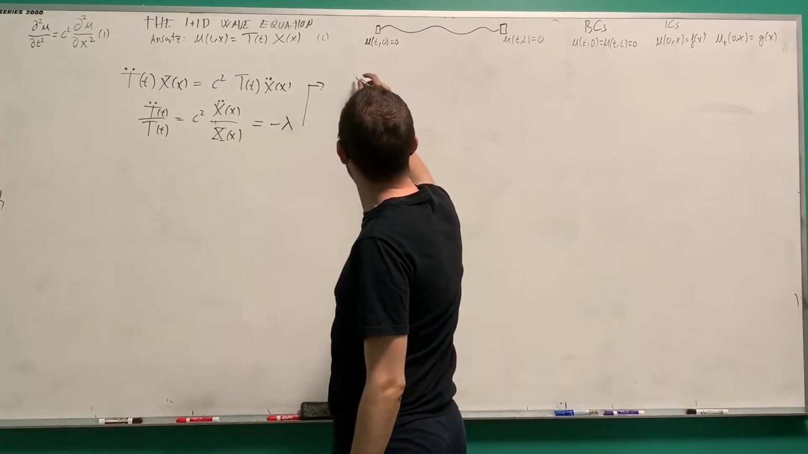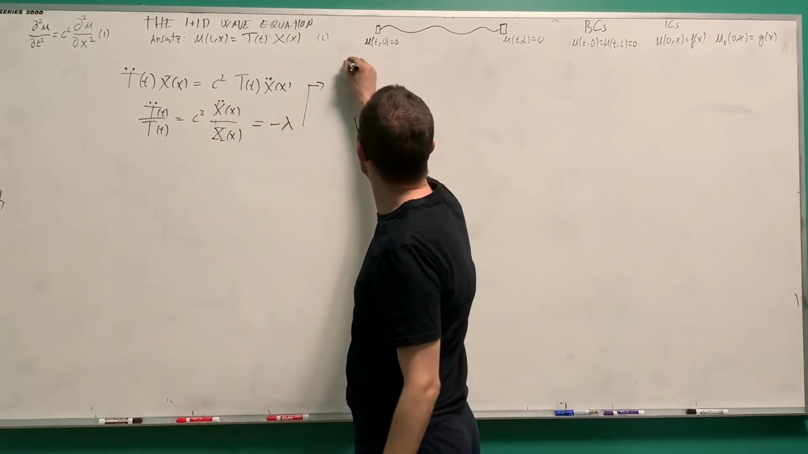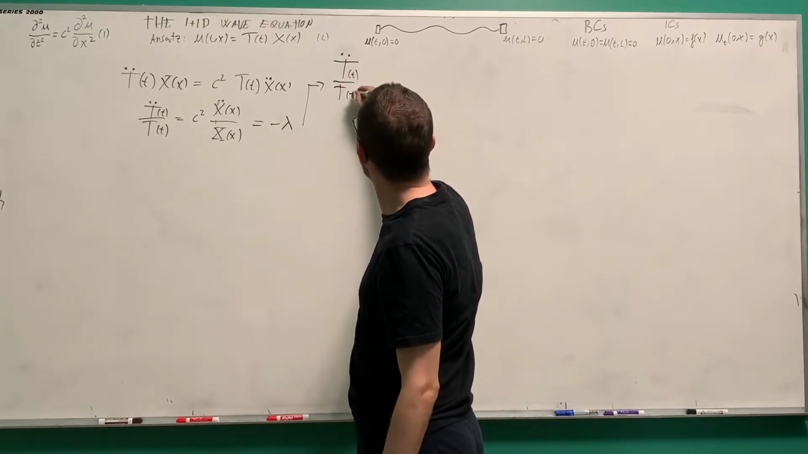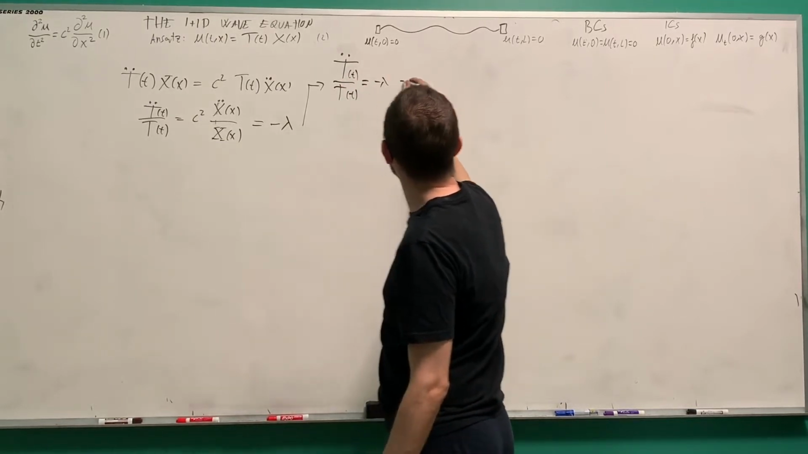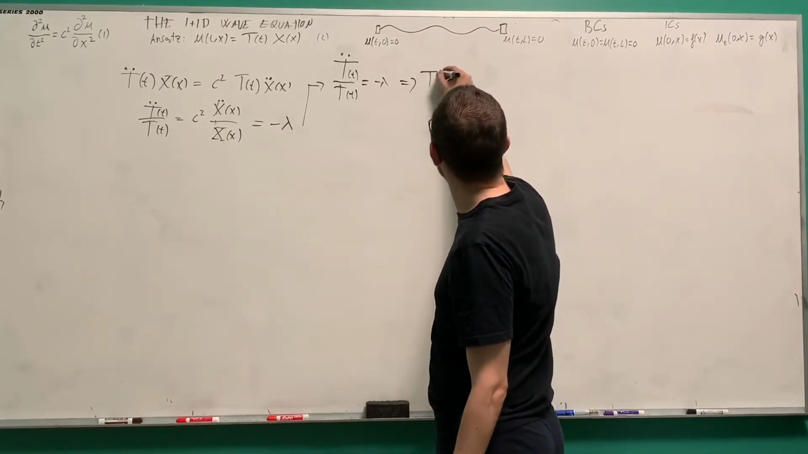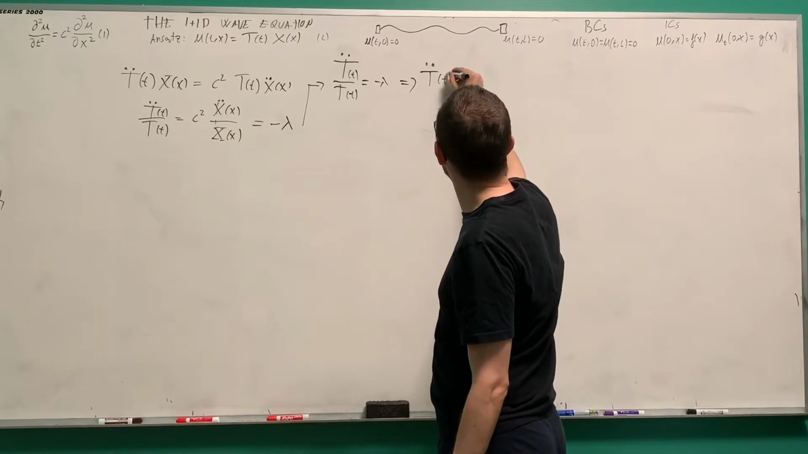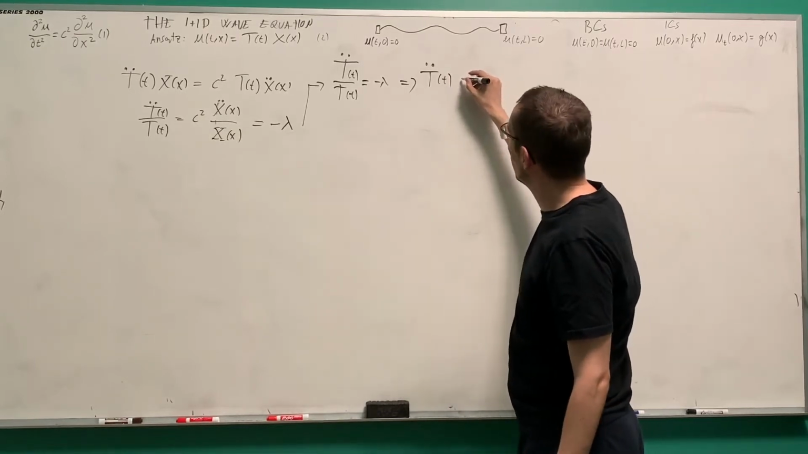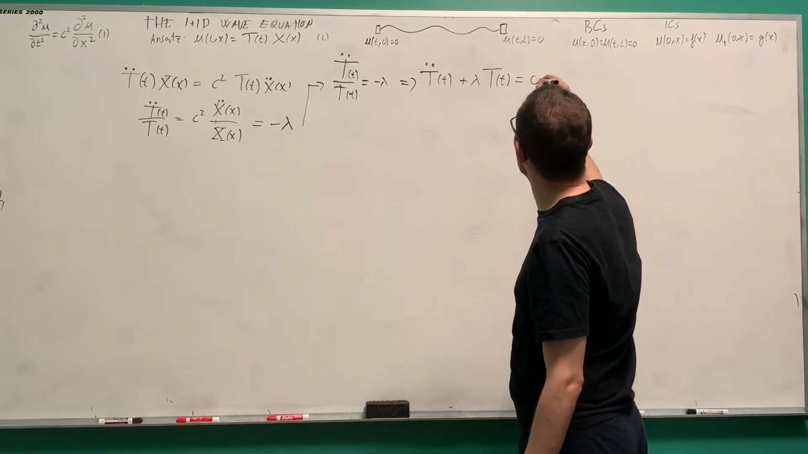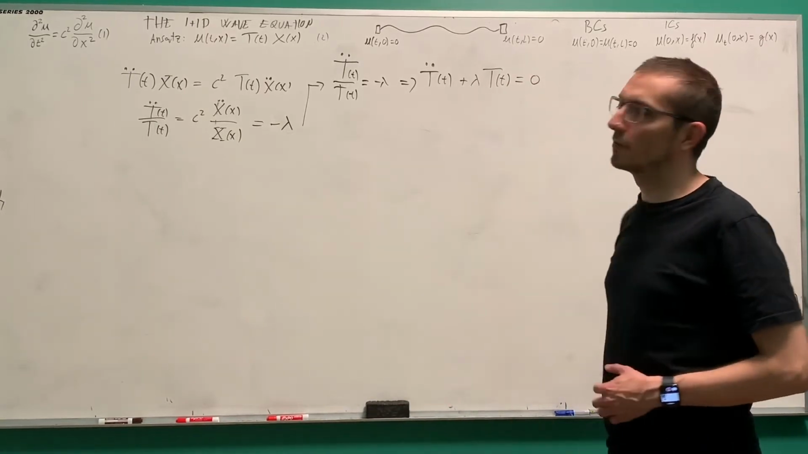And the two equations I have is, let's write, first equation I get is T double dot divided by T equals minus lambda. So what does that mean? Well, what that means is that the equation for T is T double dot of t plus lambda T of t equals 0. Second order linear ODE with constant coefficients, easy